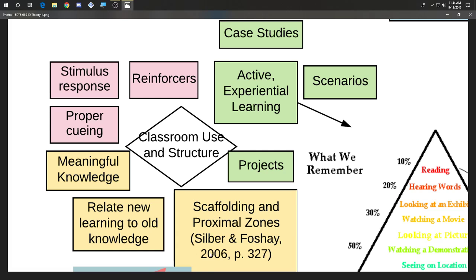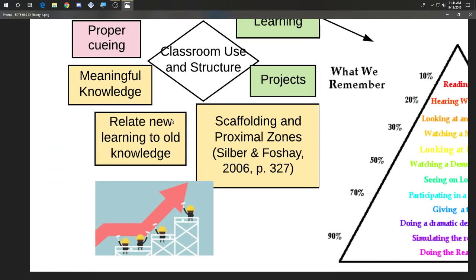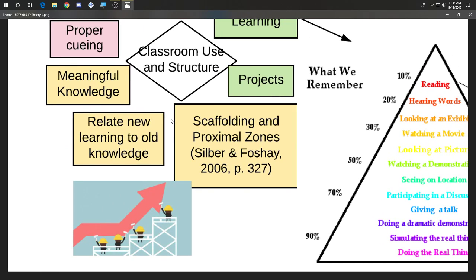Now, cognitivism. How do we use cognitivism in the classroom? Once again, it's all about the mental processes on how we learn. So, first of all, we need to make knowledge meaningful for a student, and we need to do that not just because it's motivating. I mean, it is, but even more importantly, in order to have new information processed and put into an organized fashion in long-term memory, we need to connect new information